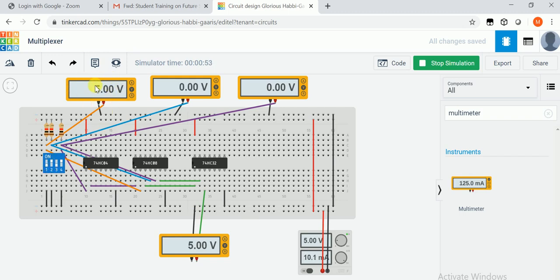Now make it switch on this and switch off this. Now I0 is 1 and I1 is 0, and the selection line is 0. So I0 should be selected, and hence the output is I0, that is 1. 5 volts is considered to be 1. So this is the working of the multiplexer circuit. We can design a 2:1 multiplexer by using NOT and OR gates. So let's stop our simulation here.